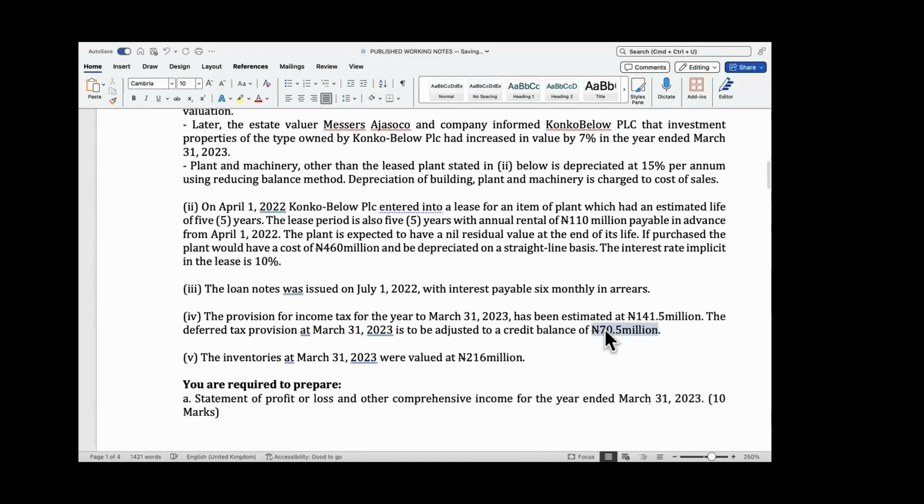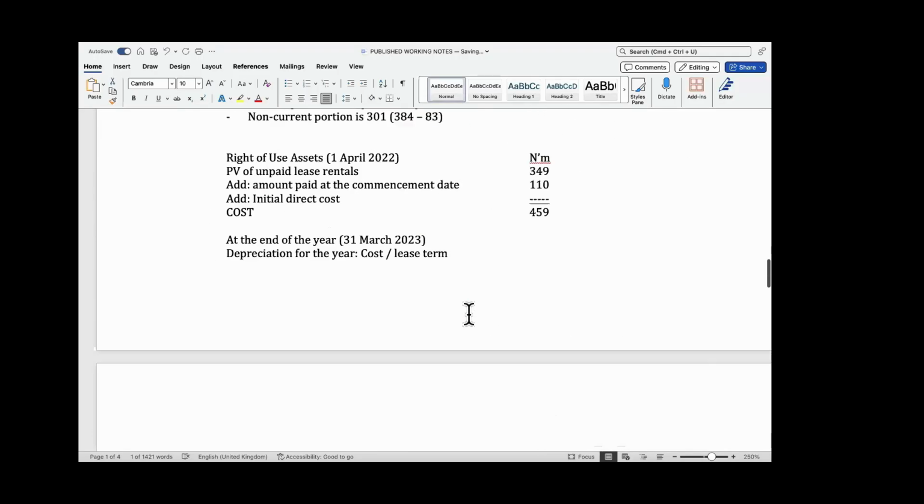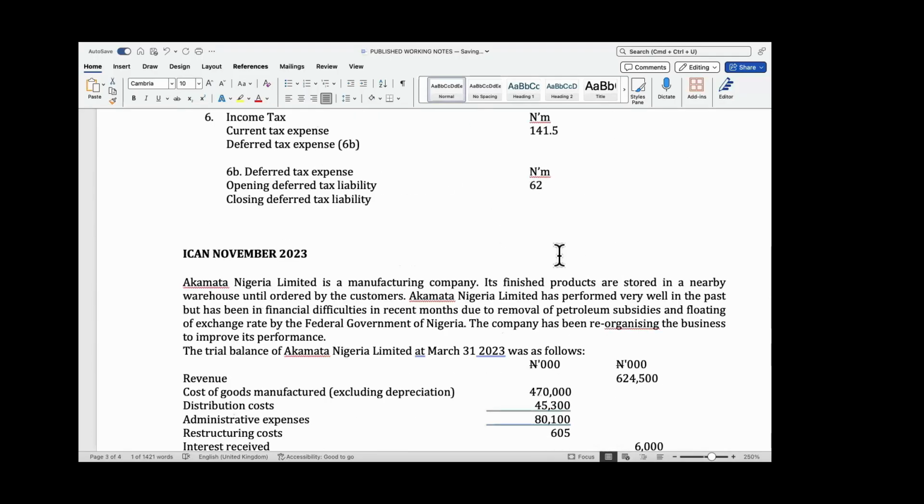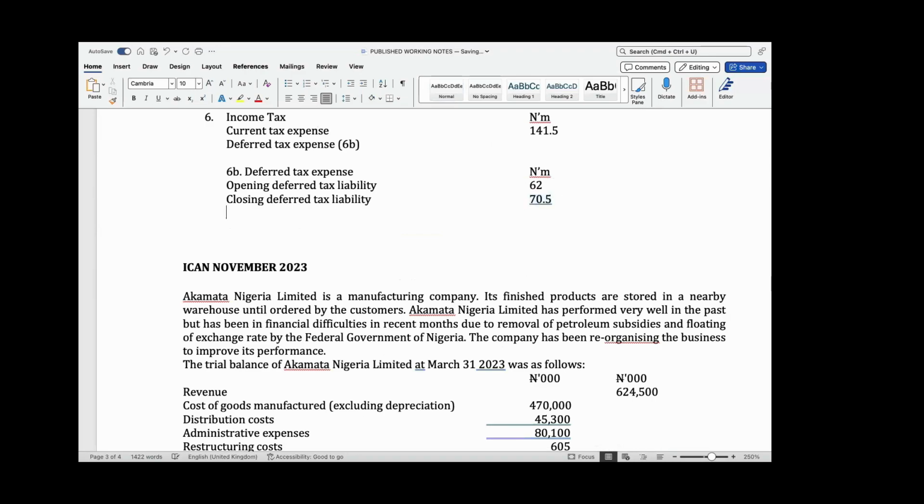They give me 70.5. So my deferred tax expense is represented by an increase in deferred tax liability, because when your liability should increase,